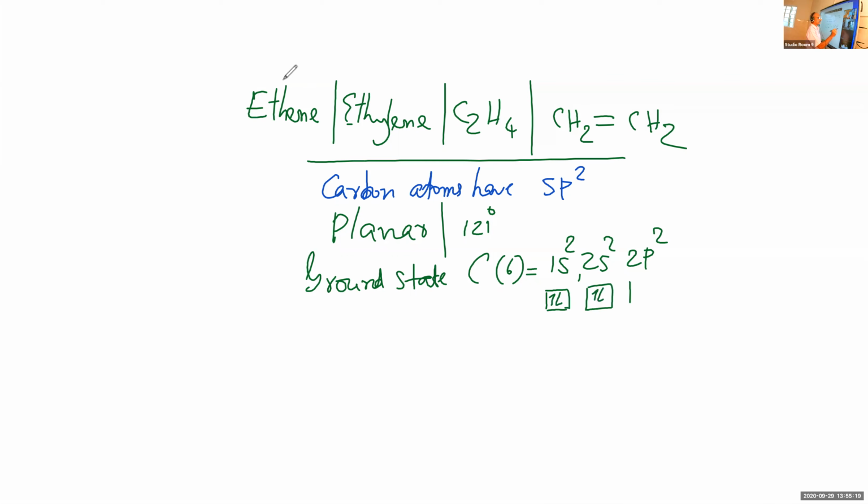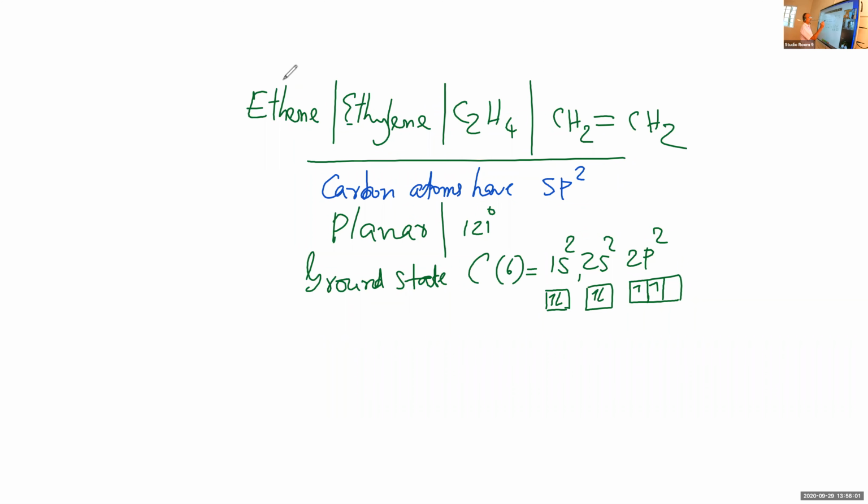In the 2p, there are 3 orbitals and 2 electrons. So you give 1 electron each, according to Hund's rule of maximum multiplicity. We are not giving both the electrons into the same orbital. If there is more than one orbital of the same energy, and more than one electron, we must give 1 electron to each orbital first. Only after that does pairing occur, according to Hund's rule of maximum multiplicity. This is the ground state of carbon.